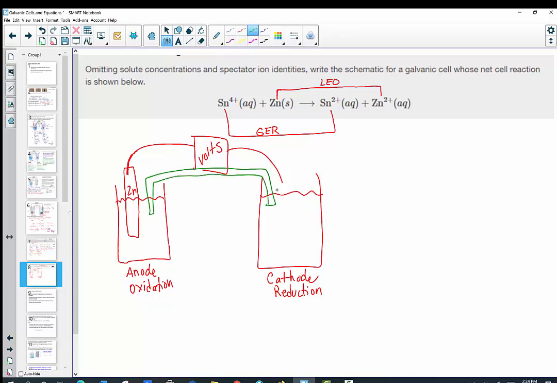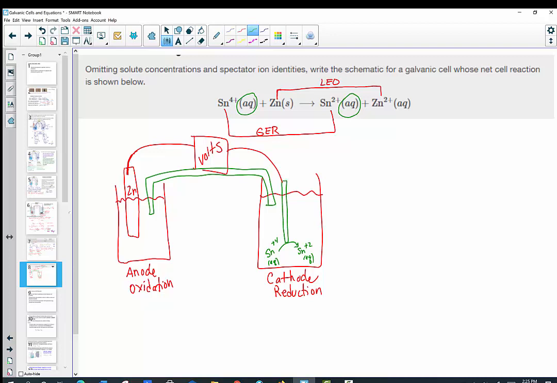But what about the electrode going on in the cathode side? Notice that I have aqueous Sn plus 4 turning into aqueous Sn plus 2. The reaction itself has tin plus 4 turning into tin plus 2. These are both aqueous ions, and therefore they're both in the solution. So what am I supposed to hook the alligator clip to? Remember, this was the clue that I'm going to need an inert electrode, and I'm just going to put in